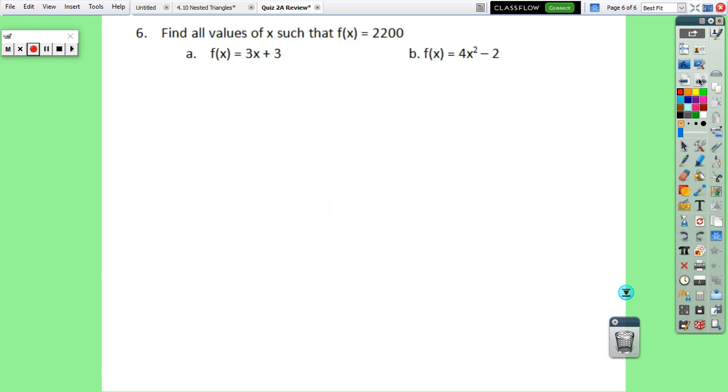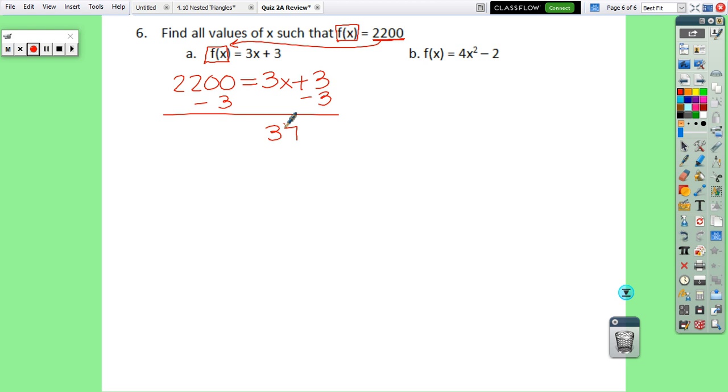All right, last one. Again, this is very similar to the last one that we did. This is telling us if the 2200 were in here, that it means that this is our input. If it's outside, what it's telling us is that we want our output to be equal to 2200. So this f of x is going to get replaced by this 2200, and we're going to solve the equation that way. So 2200 is equal to 3x plus 3, subtract 3, we get 3x,